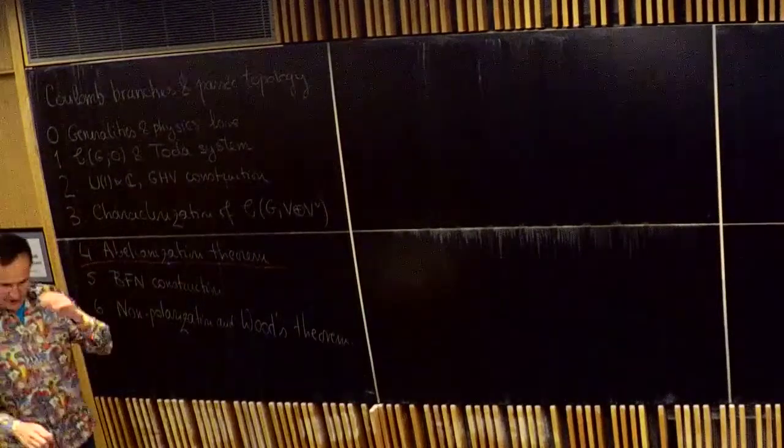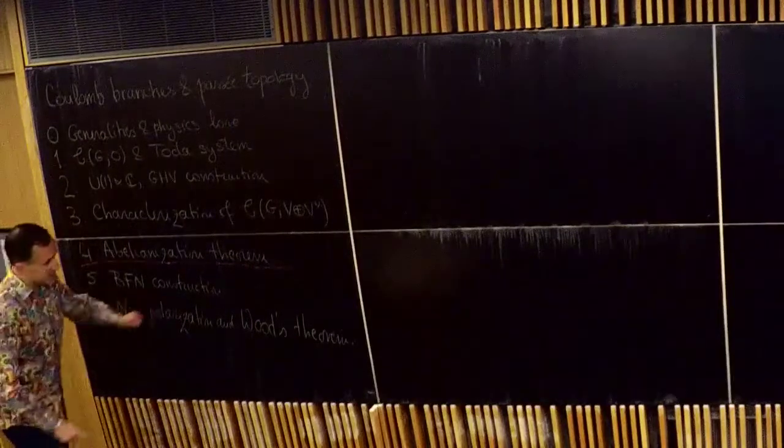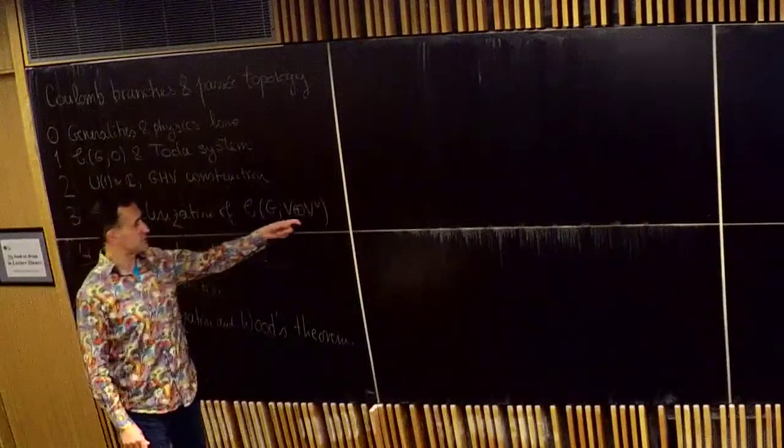So, yes, I'd like to talk about how some very, very old style topology comes up to offer an answer to a question that's been bugging me and maybe several other people for some time, and that's part 6 of the talk, namely how to construct Coulomb branches for representations of G which don't polarize. So maybe the setup,